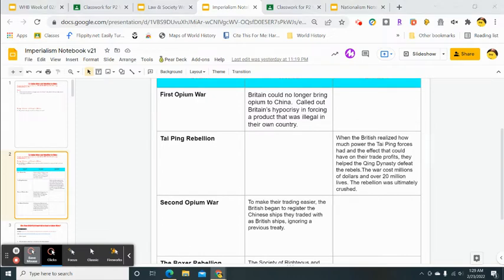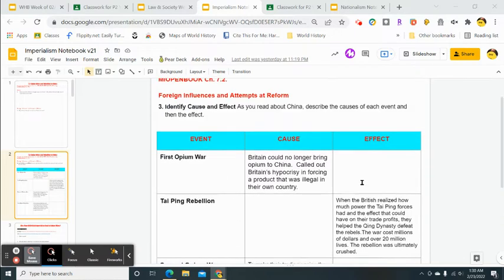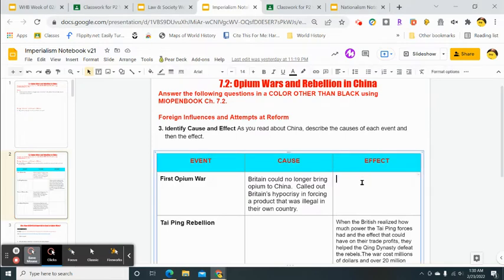So on this chart, one of the effects of the first Opium War was that